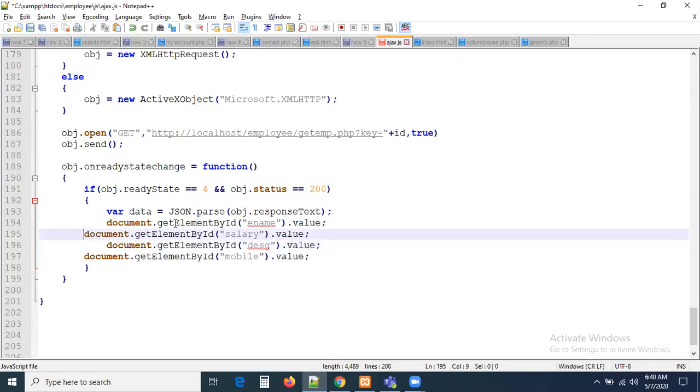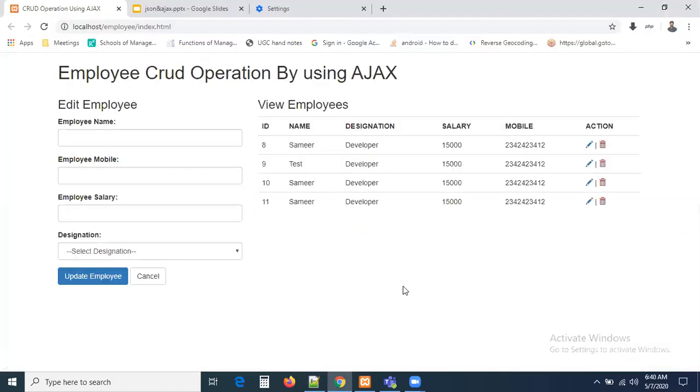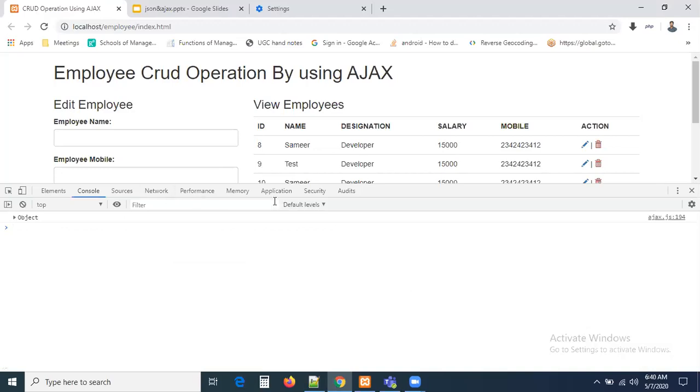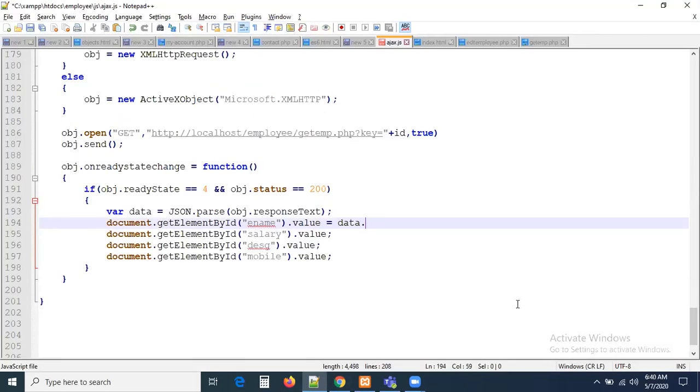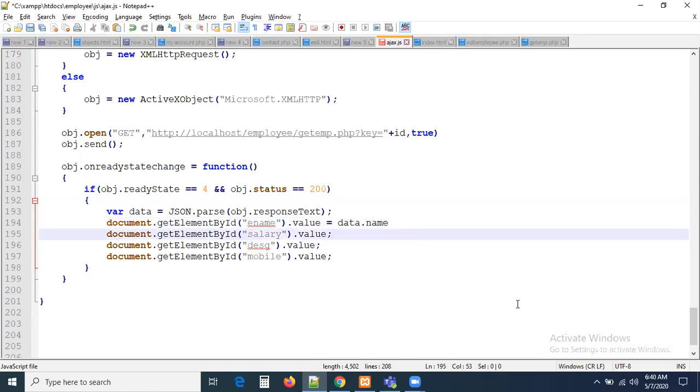Just let me make some indentation here. That's it, guys. Now here, value equal to data dot. What is the thing you are getting? Can you see here in the F12? You are getting an object, right? Can you see this is data dot... what is the first thing? Name. This name you have to assign to it. This is the object, right? We know how we can access an object value: data dot name. So here, it is equal to data dot salary.